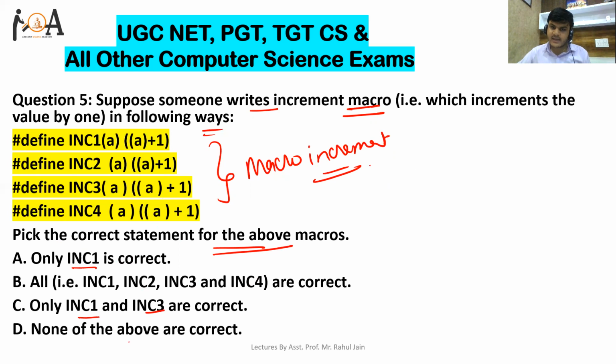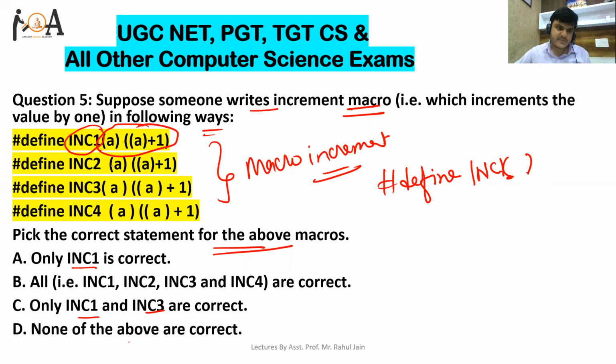Whenever we are declaring a macro with hash define, there is a macro name like INC1, let's say. Then there shouldn't be any space between the argument part and the macro name. Here no space, but here space is there.